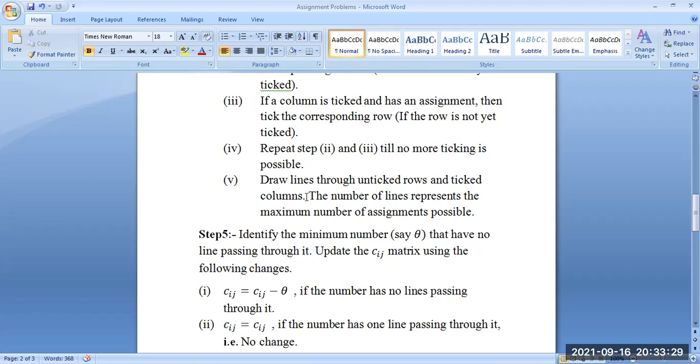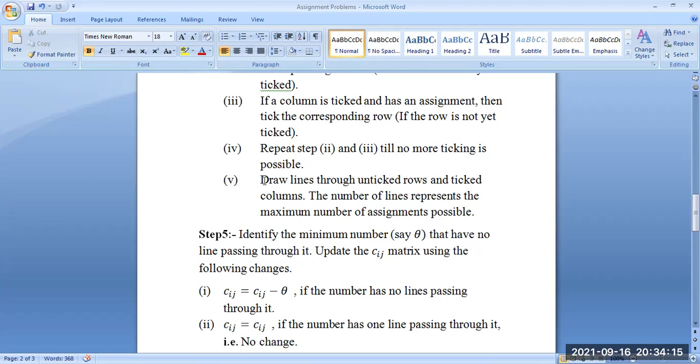The purpose of this, to draw line through unticked row and ticked column, is कि it will cover all the 0 in the matrix. उस मैट्रिक्स में क्या होगा, वो कॉस्ट मैट्रिक्स में जितनी भी 0 हैं वो लाइन जो है उनको कवर कर लेंगे. सो दिस इज अगेन एन इम्पॉर्टेंट स्टेप कि अगर कहीं उसमें आपका कोई ऐसी लाइन ड्रॉ करते हो और कॉलम में और रो में, लेकिन फिर भी 0 एक ऐसी बचती है जिसके ऊपर से कोई लाइन पास नहीं हुई है, it means your assignment is not properly done. So repeat this, go back to the assignment, check whether why we are not able to assign this 0.